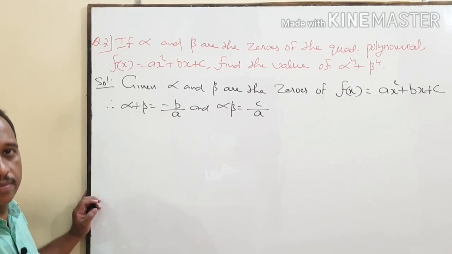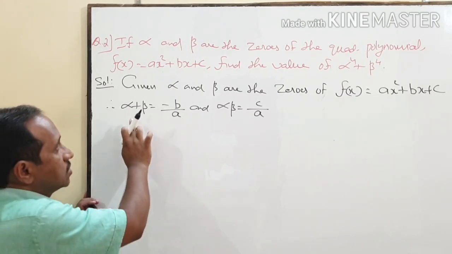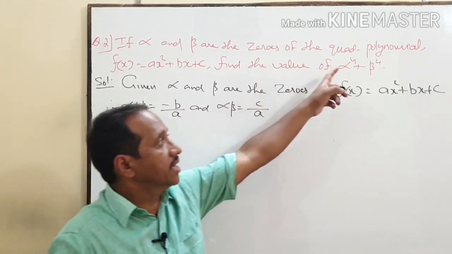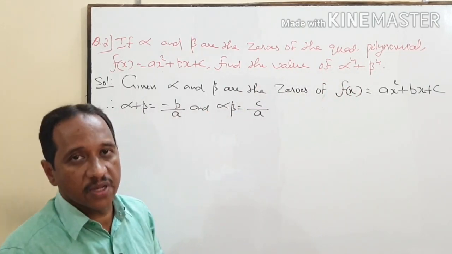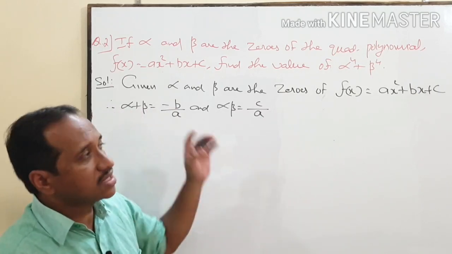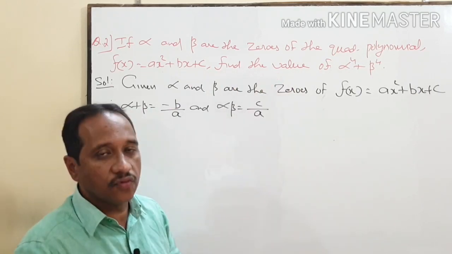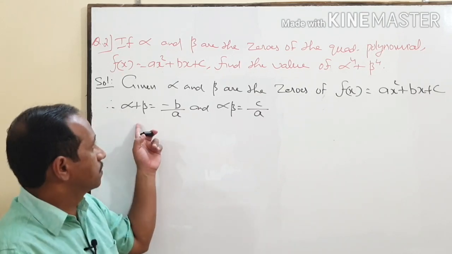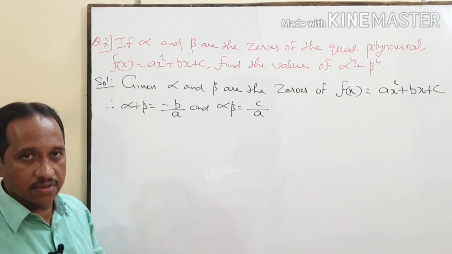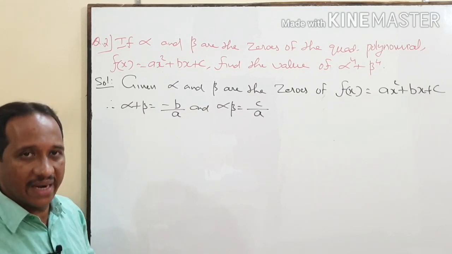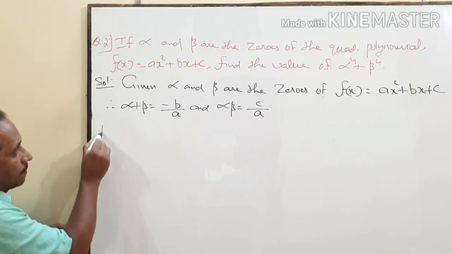Using the values of alpha plus beta and alpha into beta, we have to find the value of alpha raised to 4 plus beta raised to 4. For that, we will convert the expression alpha raised to 4 plus beta raised to 4 in terms of alpha plus beta and alpha beta. For that, we will use some suitable algebraic identities. Now,